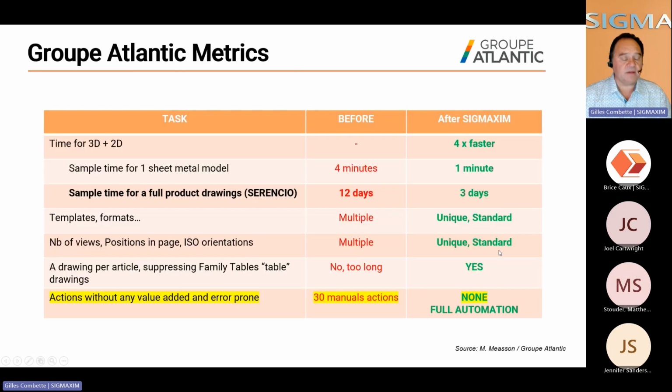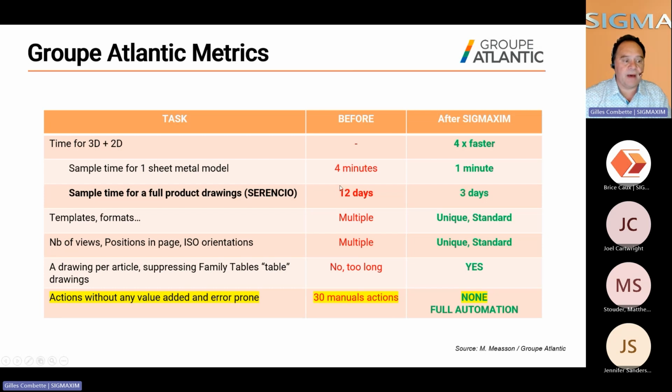They made some measurements, and they gave us this table for information. So they compare before, here it's before, with the map keys automation. After, it's with the automation that we've done with them. They measured 4 times faster, which means that preparing a part goes from 4 minutes to 1 minute, which is not very big. 4 minutes to 1 minute is not a huge gain, but every product that they release, and they release a lot of products per year,